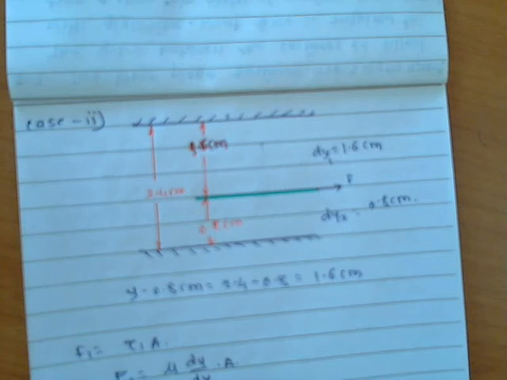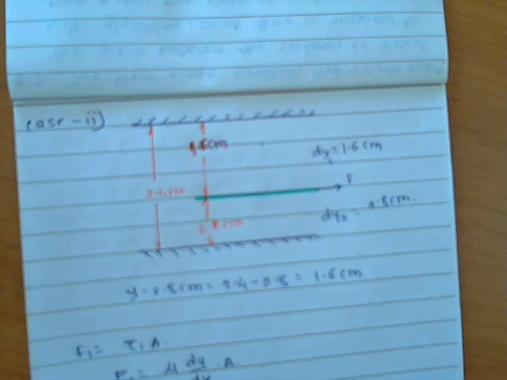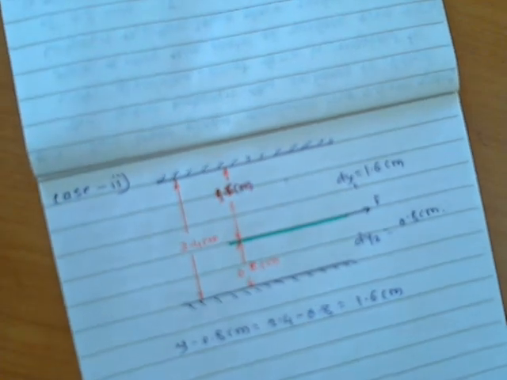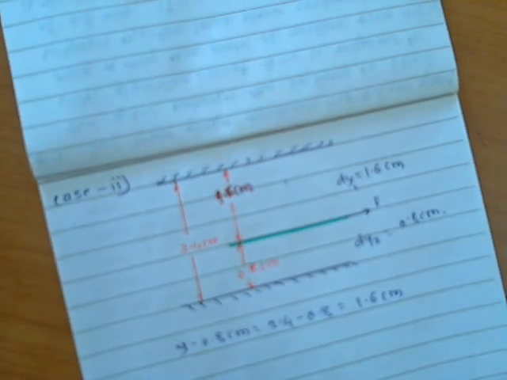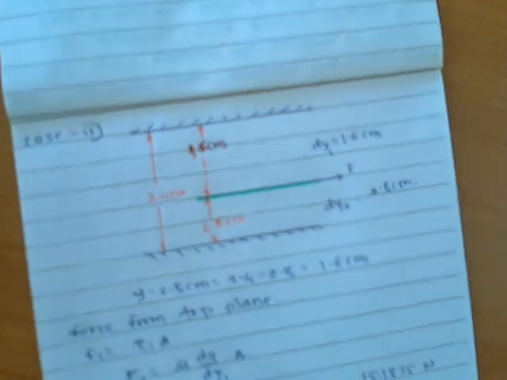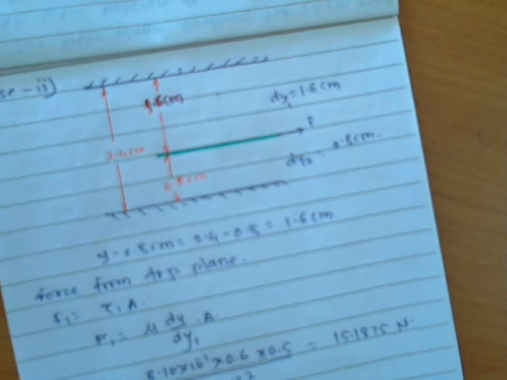So this becomes 15.1875 Newton. So this is the force from the top plane. Okay, now similarly we can find out the force